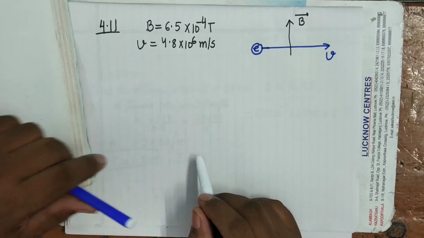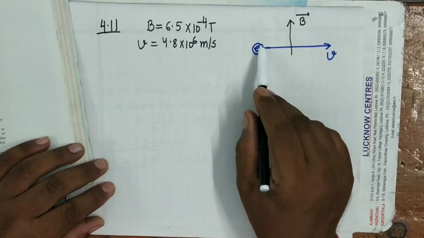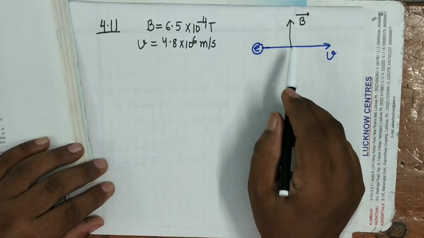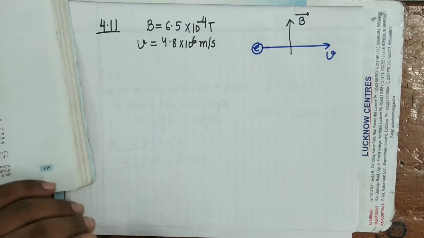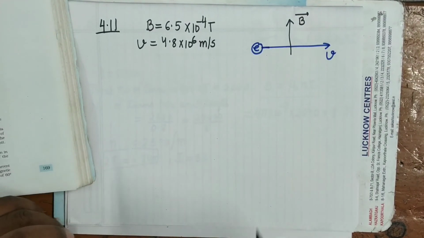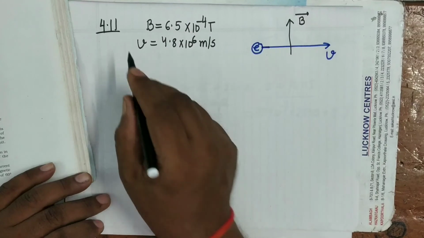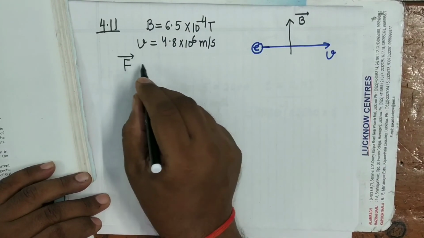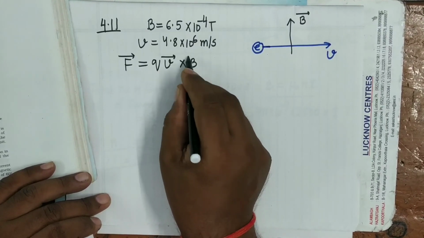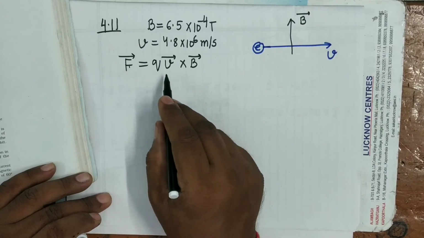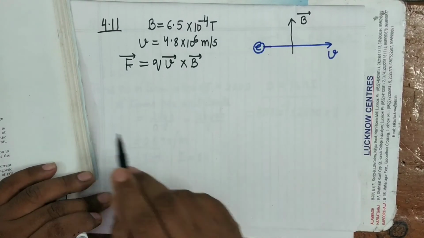Yes, it is a very good question, and this I have already explained in the beginning when I explained motion of a charged particle in a uniform magnetic field when it enters perpendicularly. So see here, what will be the direction of force? As we know, force acting on the moving charge in the external magnetic field is vector V cross vector B. As the direction of force is normal to the vector V as well as normal to the vector B, therefore it will describe a circular path.